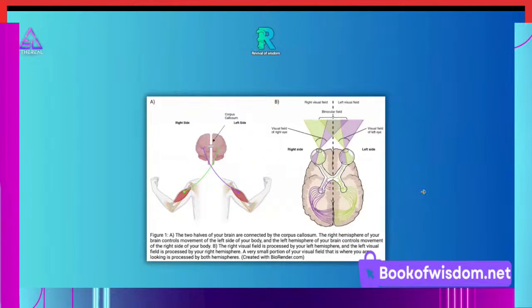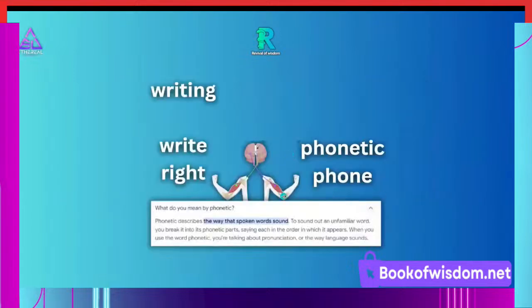This left hemisphere domination keeps you from seeing the connections between everything, because that left hemisphere analyzes, it breaks things down. So when we are left hemisphere dominated by using the right side of the body, we are essentially seeing everything as divided. And this is why so many people will not understand my work, because my work connects dots and connects fields of knowledge, and makes you see the bigger picture. So people who are left hemisphere dominated will see my work and think this guy's crazy. But it's all about activating that right hemisphere.